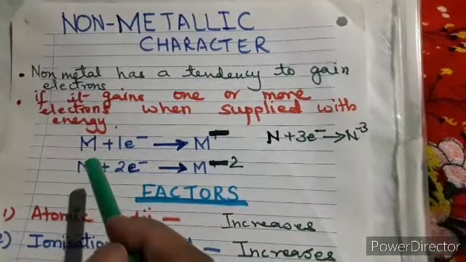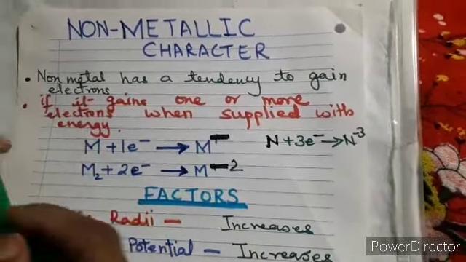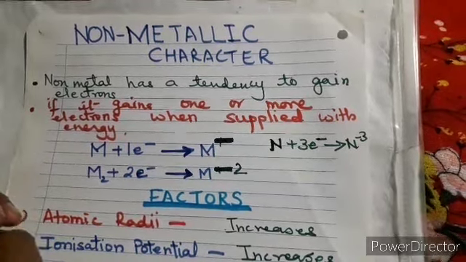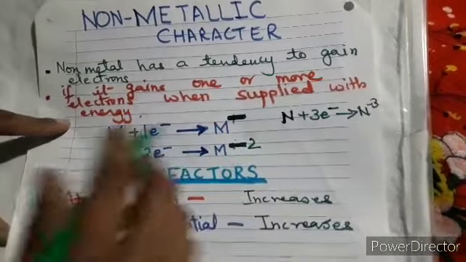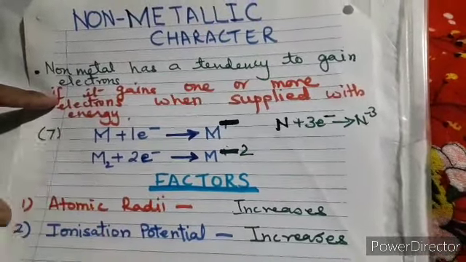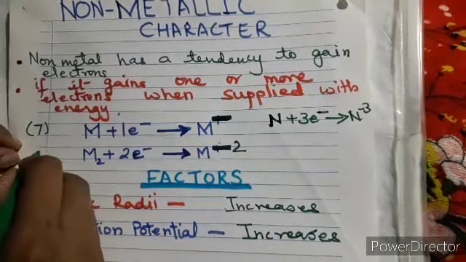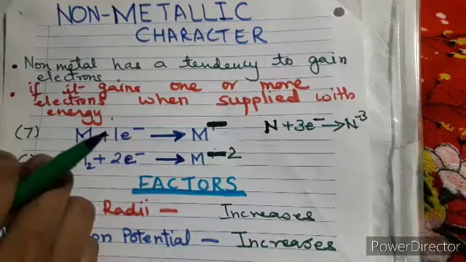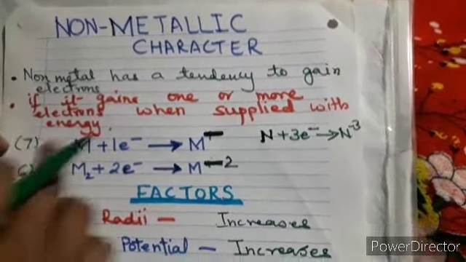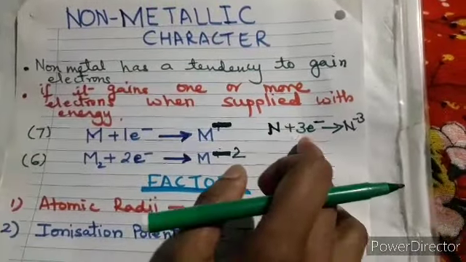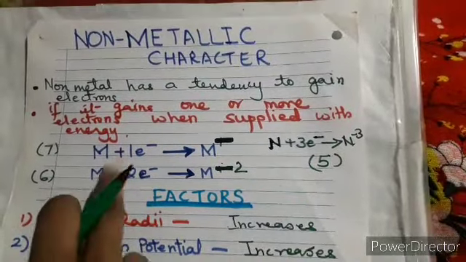And you have to remember that in their outermost orbit, it's not that they have 1, 2 or 3 electrons. They have a very different way of containing electrons, the valence electrons. Over here if it is taking 1 electron, how many valence electrons will be there in its outermost orbit? 7. If it is taking 2 electrons, how many valence electrons will be there? 6. I'm just writing the valence electrons that are present in the valence orbit. Over here if it is taking 3 electrons, how many valence electrons are there? 5.